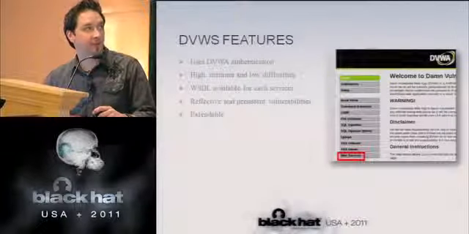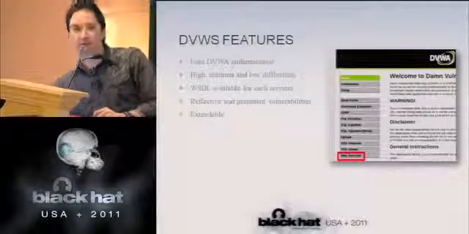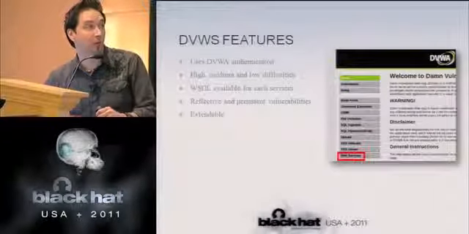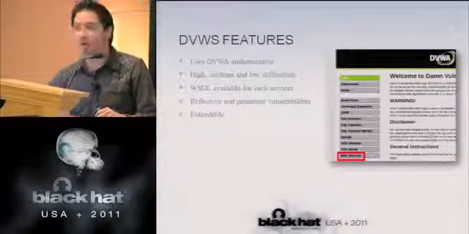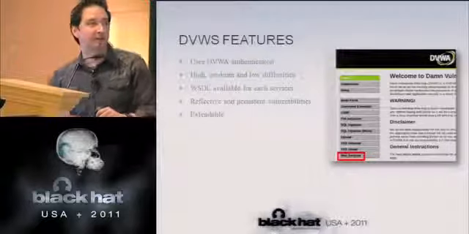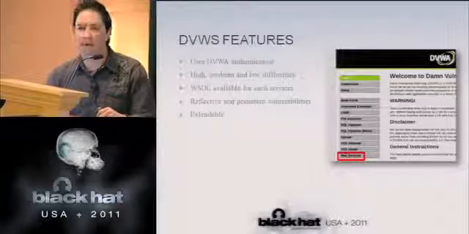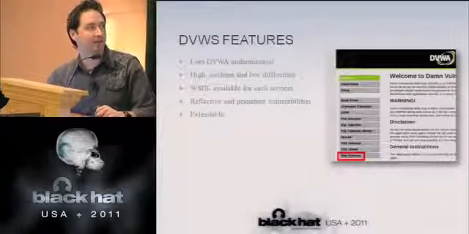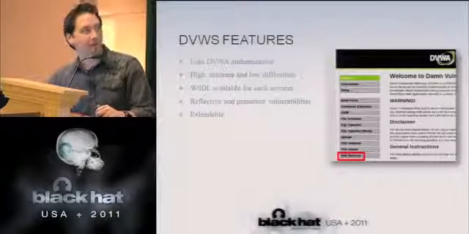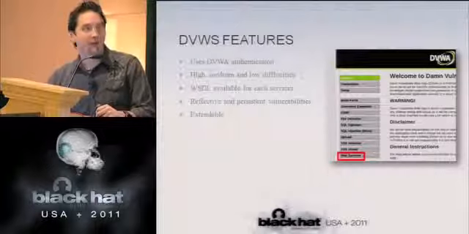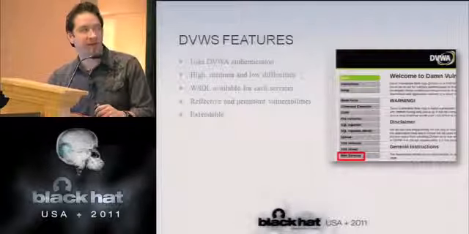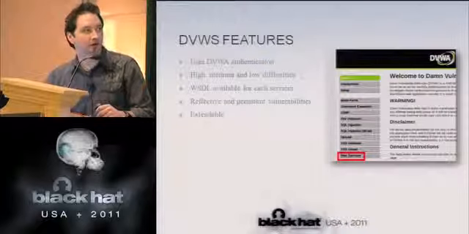If you're familiar with Damn Vulnerable Web App, it uses its authentication backend to access the services, so you can do it with auth if you prefer. There's also high, medium, and low vulnerabilities, which is nice. So if I just want to test for a basic SQL injection, I can advance to higher levels, as well as cross-site scripting and lots of different types of attacks within the web services. There's a WSDL available for each of the services, and of course it's extendable because it's open source, which is great. So if you know a little bit of PHP, you can code your own or add to the framework itself.